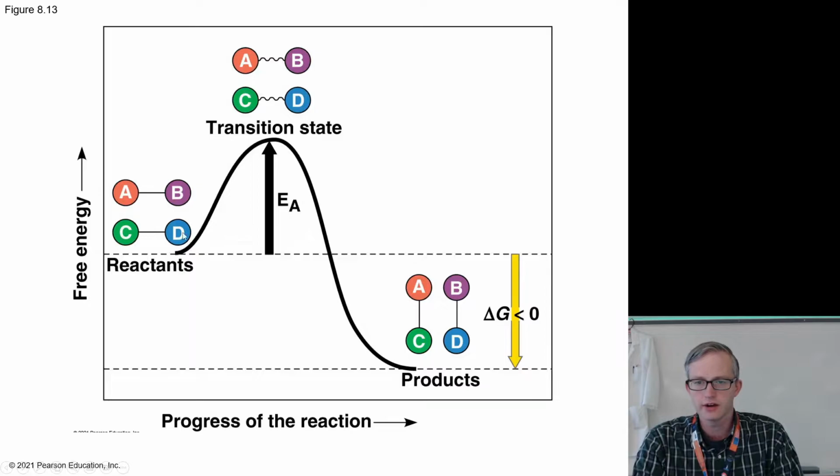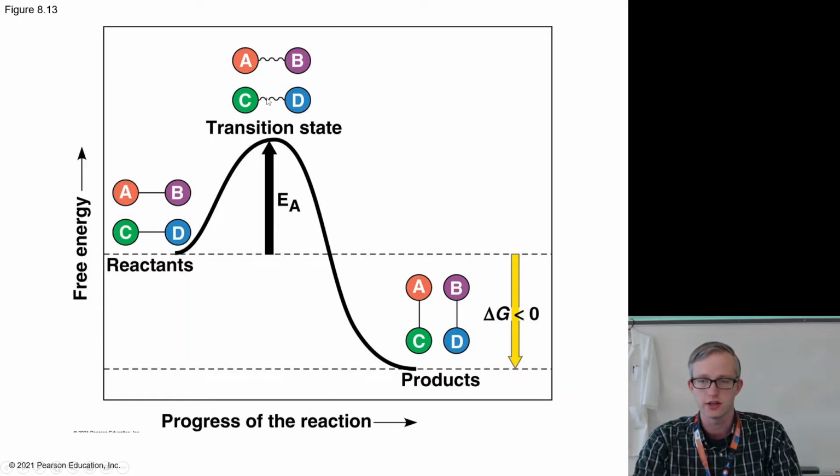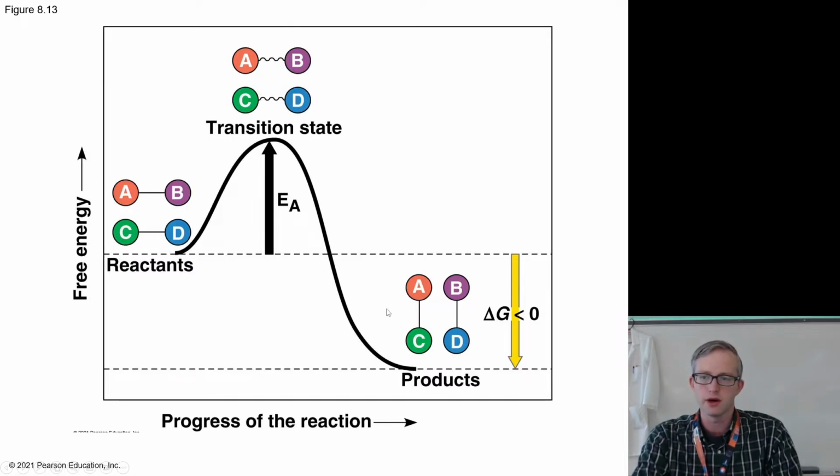And so here's a diagram you've probably seen before where we have some reactants and we have to input energy. This EA is the activation energy. And that puts the bonds into this transition state where now there's so much sort of chaos because of thermal or kinetic energy between the molecules and the atoms that it's much more likely for them to want to break one bond in favor of another because they're already stretched into such a chaotic form. And so the activation energy for a given reaction is how much do you have to push on these molecules from a kinetic and thermal standpoint. How much do you have to push on these in order to convince them to even want to break those bonds to form new ones?